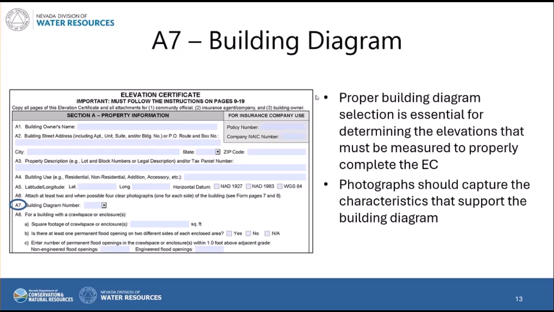So it's important to make sure that Section A is fully filled out, and also that the surveyor or person filling out the form selects the correct building diagram number and provides enough photographs of the actual building from multiple different angles and sides that capture the characteristics that support or agree with that building diagram. There are 11 different building diagram types. They're numbered 1 through 9, which is kind of confusing, but